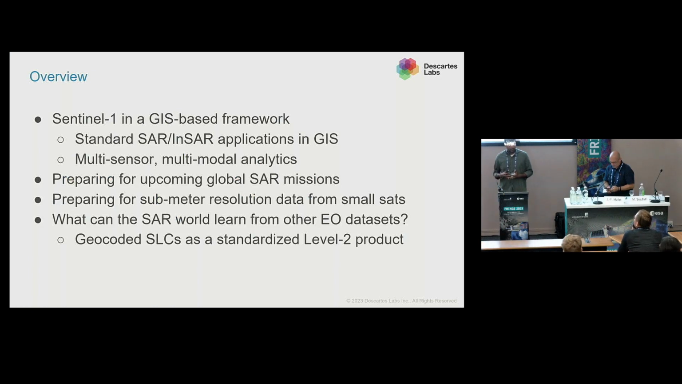I'll describe our Sentinel-1 workflows in a GIS-based framework. I'm going to talk about how standard SAR and SAR applications are easily done within GIS. You don't need special software tools. Then I'm going to talk a little bit about multi-sensor, multimodal analytics, which is mixing Sentinel-1 with other sensors, and also about upcoming global SAR missions like NISAR, ROSE-L. Having implemented global scale Sentinel-1 processing the traditional way that all the previous speakers spoke about, and having implemented it this way,